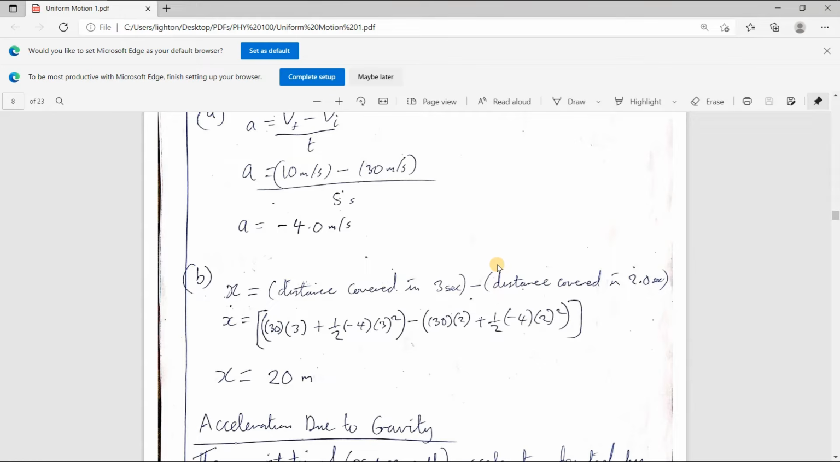The third second is just the portion of time between 3 seconds and 2 seconds. That is the third second, which is what we're getting here. So distance covered in 3 seconds minus distance covered in 2 seconds. Using the formula for equation of motion, we say 30 times 3 plus half minus 4, which is acceleration, 3 squared, minus 30 times 2 plus half minus 4,